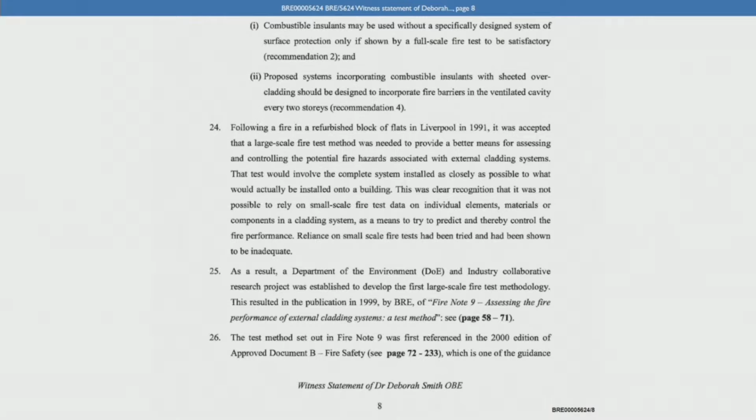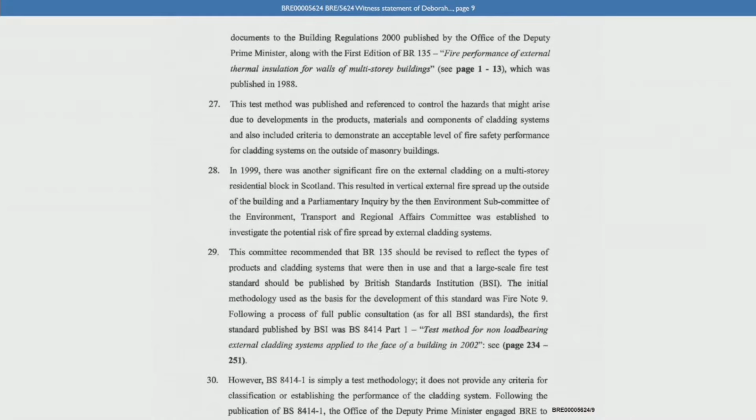And then it goes on. The test method set out in Fire Note 9 was first referenced in the 2000 edition of Approved Document B, Fire Safety, and there's a reference which is one of the guidance, turn the page, documents to the Building Regulations 2000 published by the Office of the Deputy Prime Minister, along with the first edition of BR 135, which was published in 1988. And if we go on, please, on page 9 to paragraph 27, you say this: